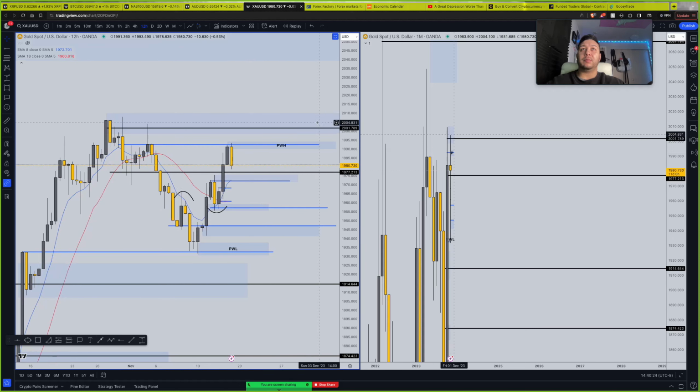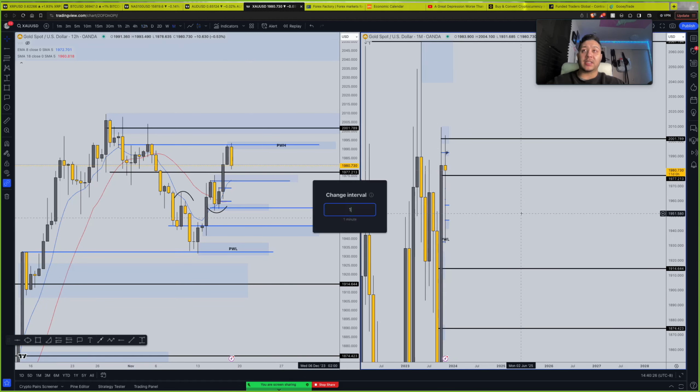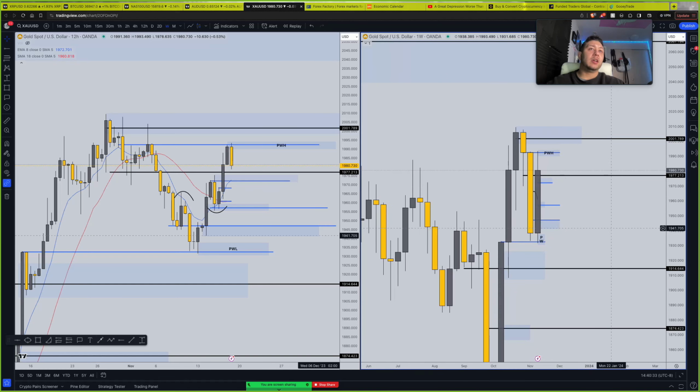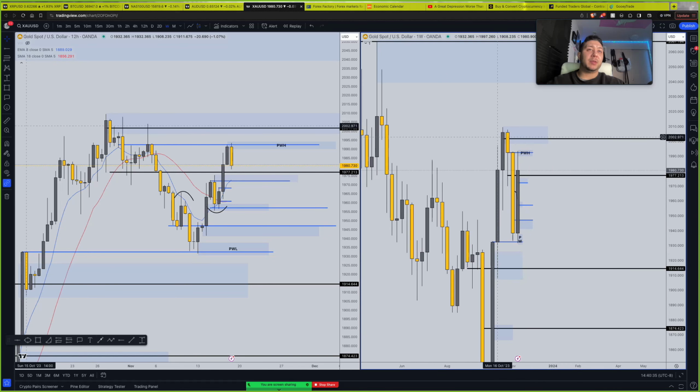We can see a bearish engulfing pattern. That does not necessarily mean anything though. Let's zoom in a little bit closer, I should say. On the weekly time frame on the right hand side, we can see a bullish candle. We failed to sustain and break above the previous week's high,